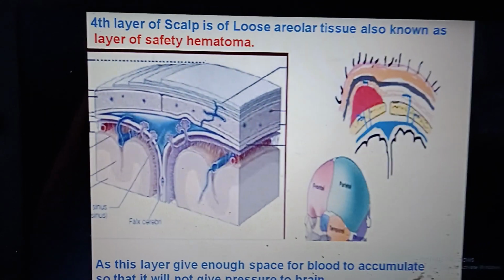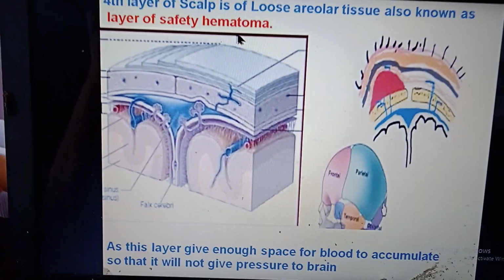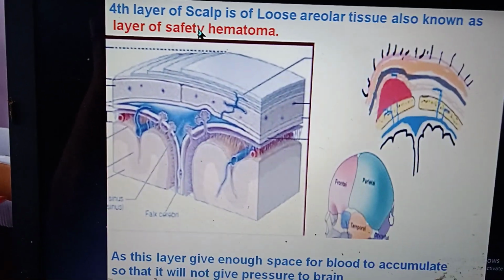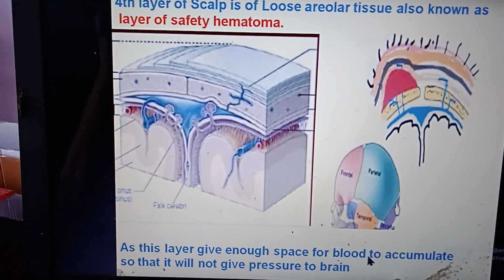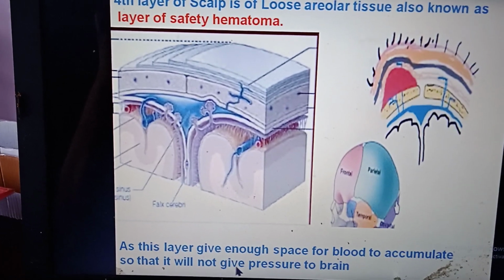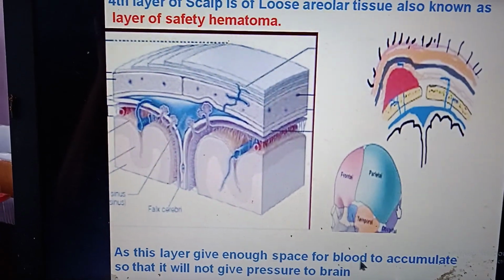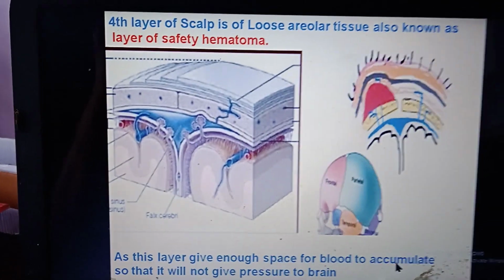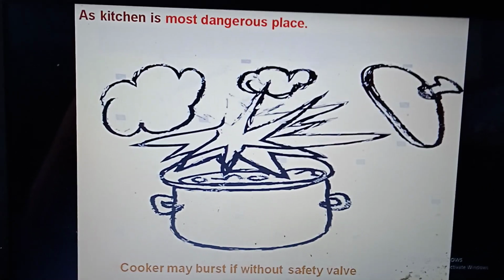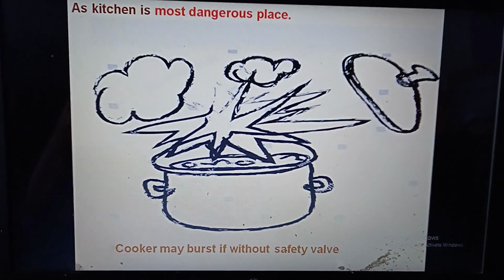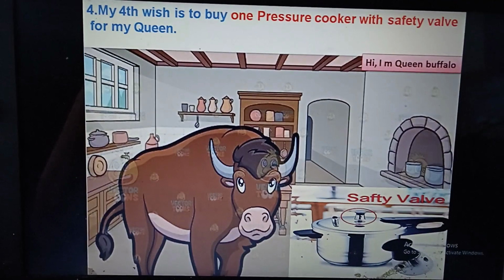So what it hints to us is that the fourth layer of the scalp is loose areolar tissue, also known as the layer of safety hematoma. Safety valve is what? Safety hematoma. But how? This layer gives enough space for blood to accumulate so that it will not put pressure on the brain. It has enough space so that blood collects here and there will be no pressure effect. That's why this layer is known as the layer of safety hematoma, as well as the most dangerous layer, because if the hematoma gets infected,